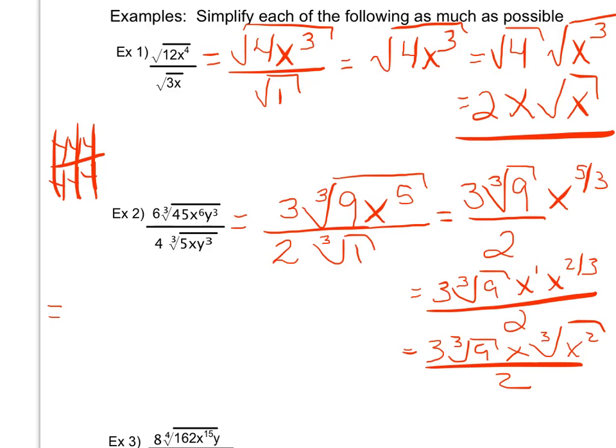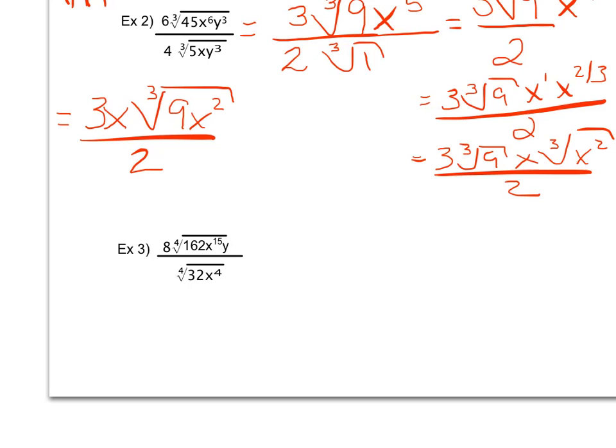which means my final answer, putting it over here because I'm running out of room, is going to be 3x times the cube root of 9x squared all over 2. And there's my final answer. Looking at one more problem,